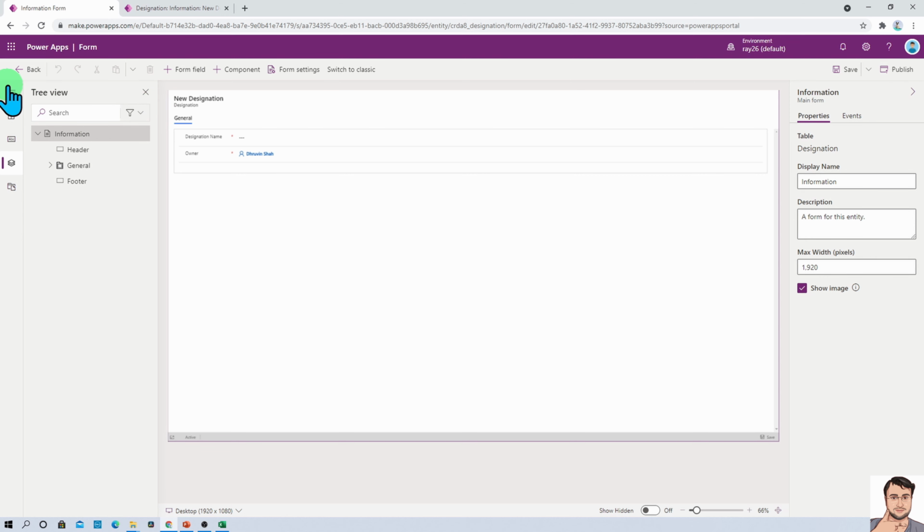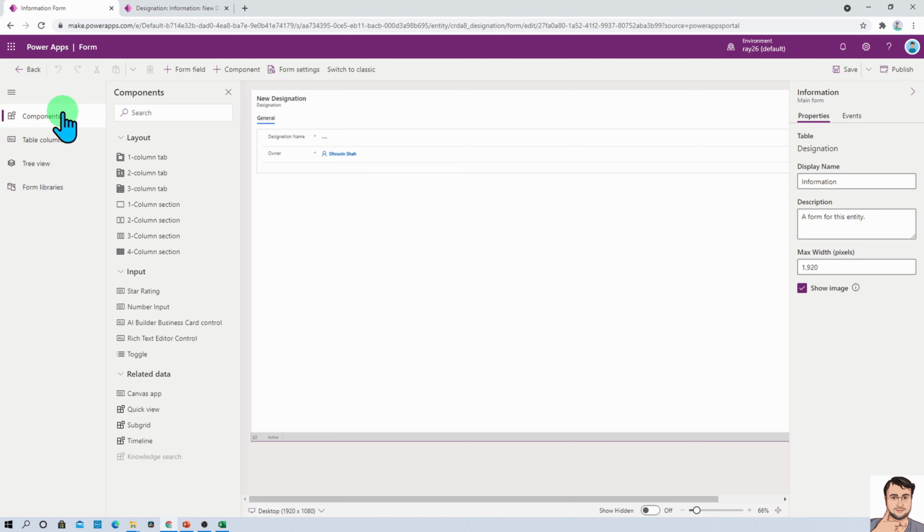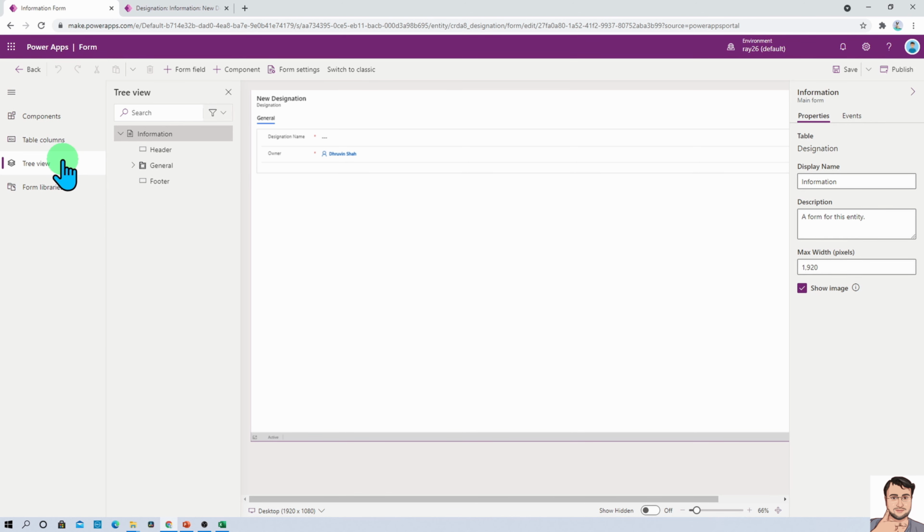Here you can see the navigation pane where you can see different components, the table columns that you have created with this particular table, the tree view, header, general and footer sections, and form libraries. If you want to add any custom libraries, you can add them over here.